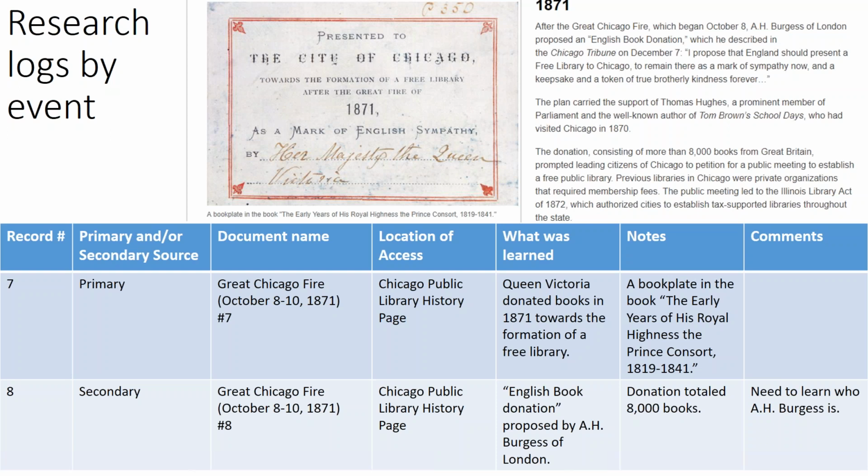Brendan, you keep referring to the library that was formed after the fire as a free library. Why was it called a free library? The reason it was called a free library is because previous to that time, there was a lot of libraries that were actually membership based, and people had to pay a club membership fee to be part of it. So this was the first free library in Chicago? This was the first free library in Chicago that was open to the public and required no membership. So in the case, if we're looking at this from the perspective of the Great Chicago Fire,